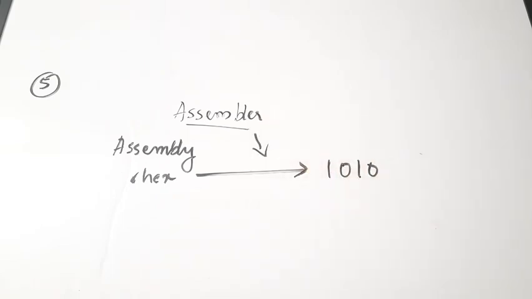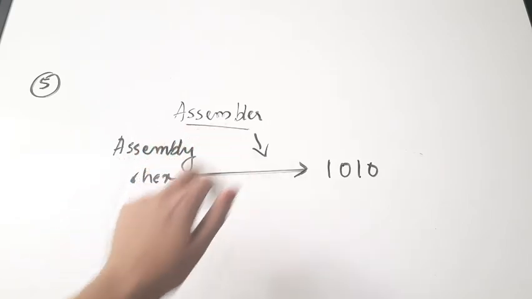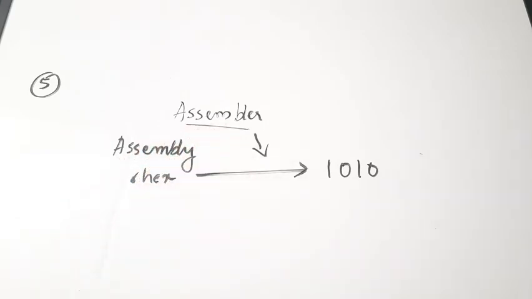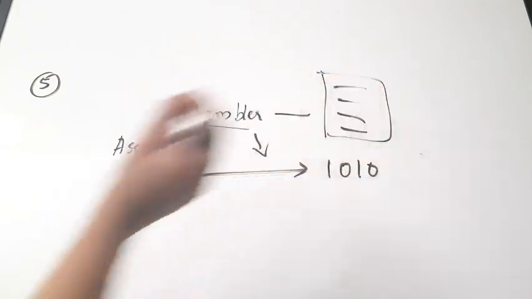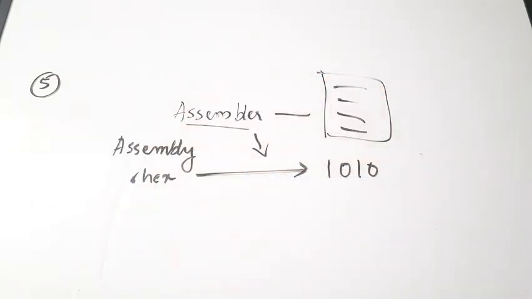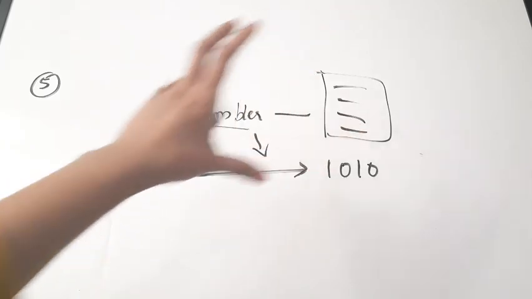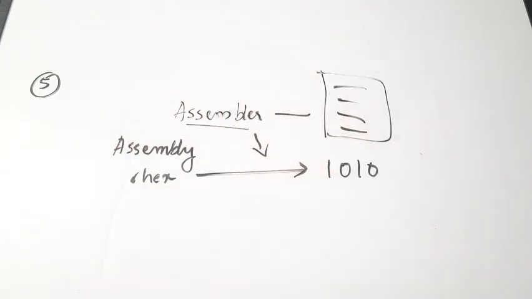So this is the function of an assembler. And this assembler will generate an assembler list file. Okay. And what all things are present in the list file? That is the question. The options are A, binary codes, B, assembly language statements, C, offset of each instruction, D, all the above. The correct answer is all the above. So the assembler list file will have all these elements. Okay. Correct answer is D.